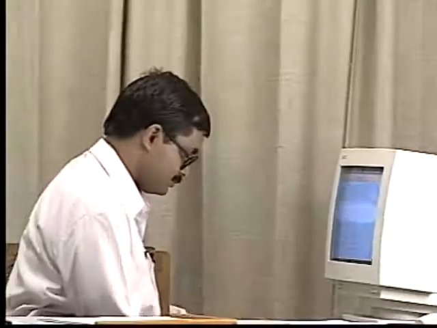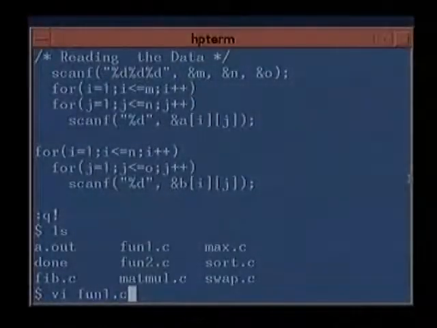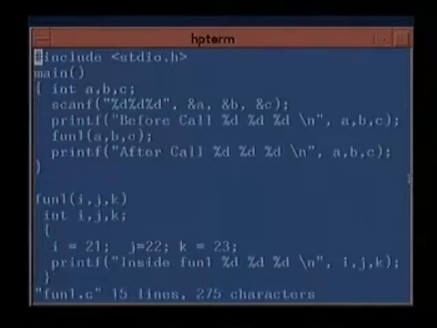So let's take a very, very simple example. The first example will help us to understand the syntax of calling a C function, as well as the way a function behaves. So here I have got a main program which ends here, and I have got a function called fun1 which ends here.